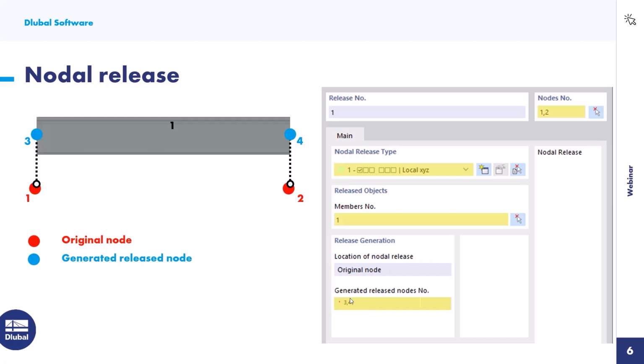You can see it here. Member 1 is now defined between the released nodes 3 and 4. Member 2 can now be defined between nodes 1 and 2. It should be noted that in contrast to line releases, the two members are only connected to each other at nodes 1 and 3, here at this part, and at nodes 3 and 4,